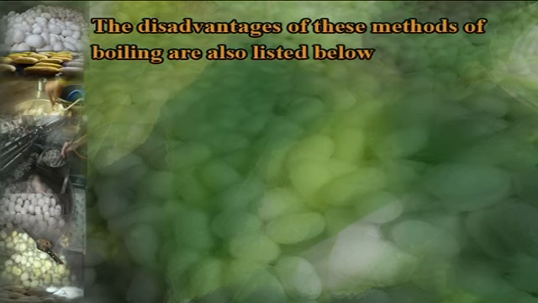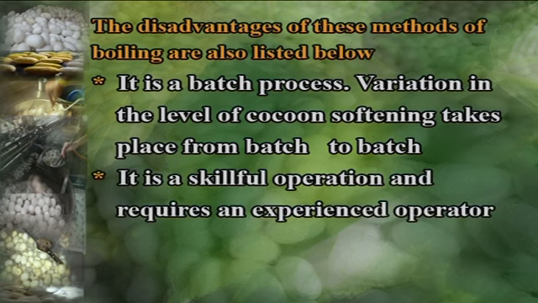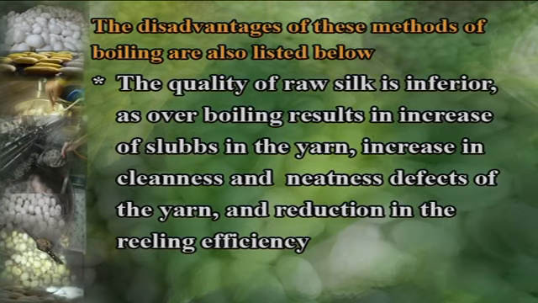The disadvantages of this method of boiling are also listed below. It is a batch process. Variation in the level of cocoon softening takes place from batch to batch. It is a skillful operation and requires an experienced operator. It is suitable only for inferior quality of multi-hybrid and multi-voltine cocoons. The quality of raw silk is inferior